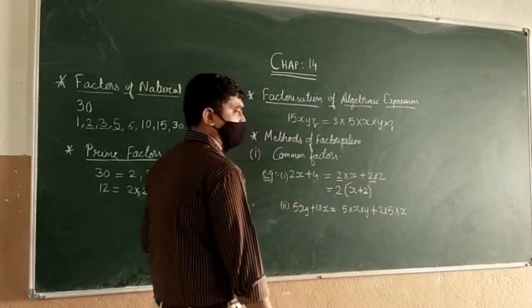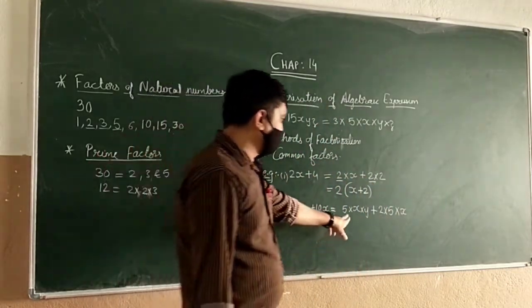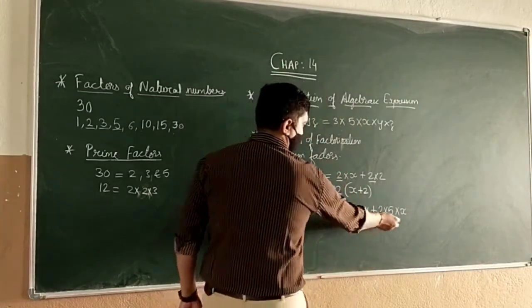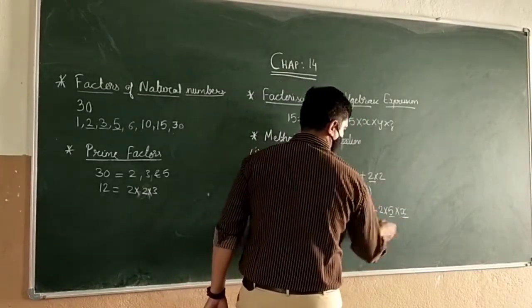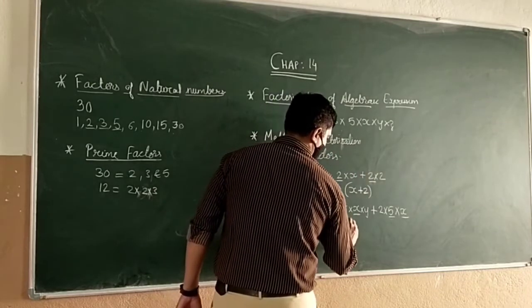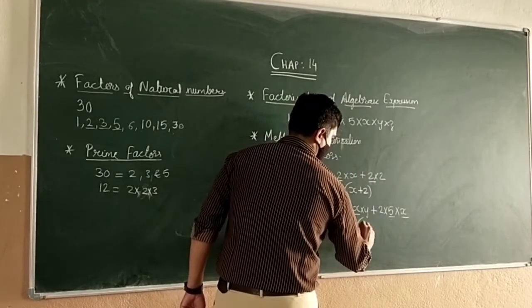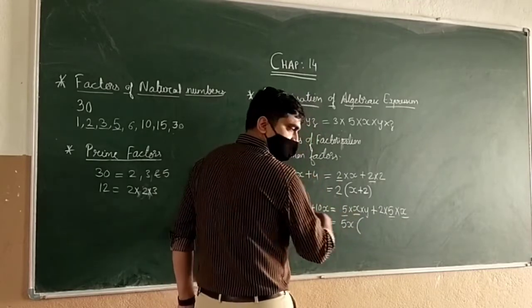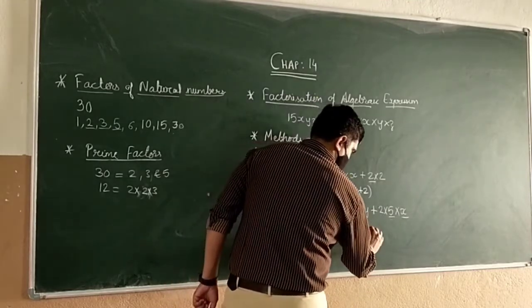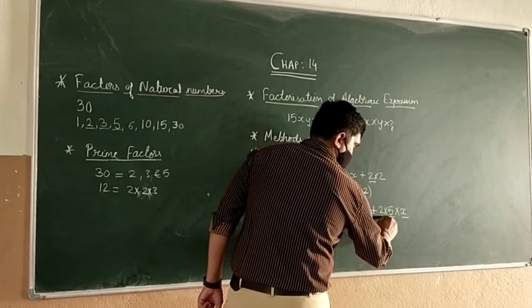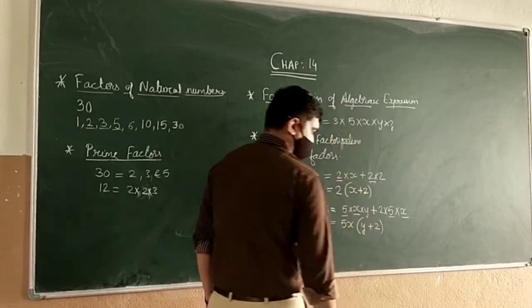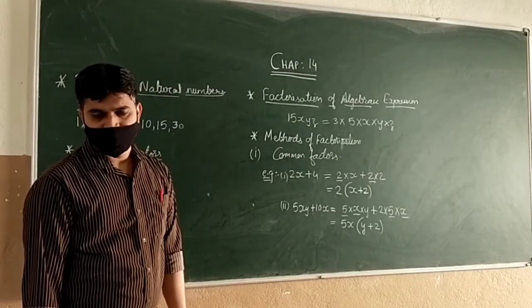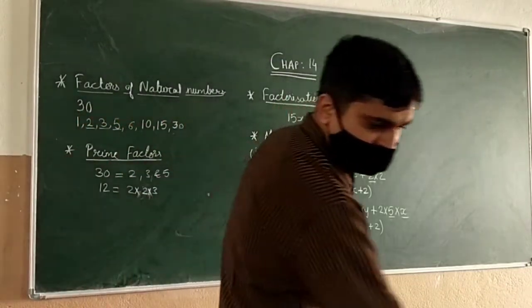Now what is the common factor from this? 5 and x. You can see 5 here also, here also. x here also, here also. So what will be common? 5x will be common. Now out of these, these 2 we have taken out. So what is left inside? y plus 2. This will be the answer. Easy. Next topic is